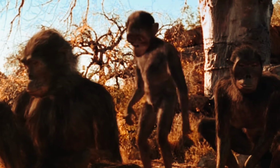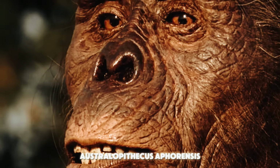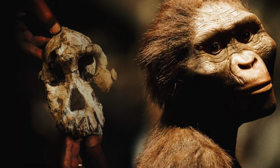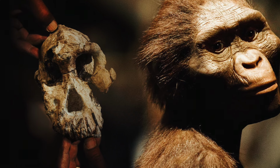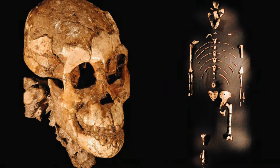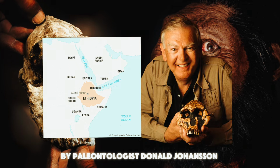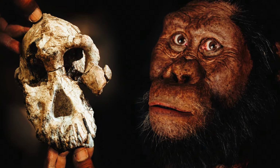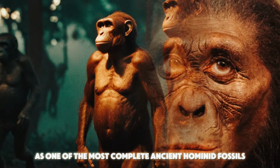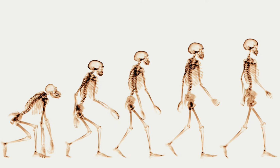Following Australopithecus anamensis in our evolutionary timeline is the famous Australopithecus afarensis, best known for the iconic fossil specimen Lucy. Lucy is a significant fossil find, consisting of several hundred pieces of bone, making up 40% of a female skeleton. Discovered in 1974 in Ethiopia by paleontologist Donald Johanson, her discovery provided crucial insights into human evolution. As one of the most complete ancient hominid fossils, Lucy offers a glimpse into early bipedalism, a critical step in